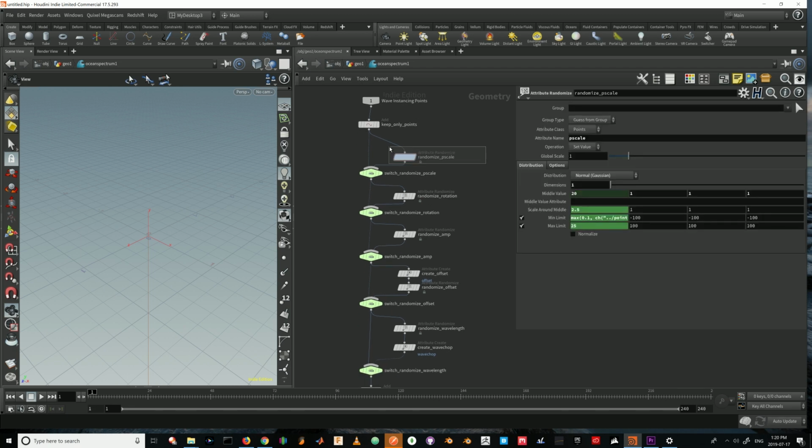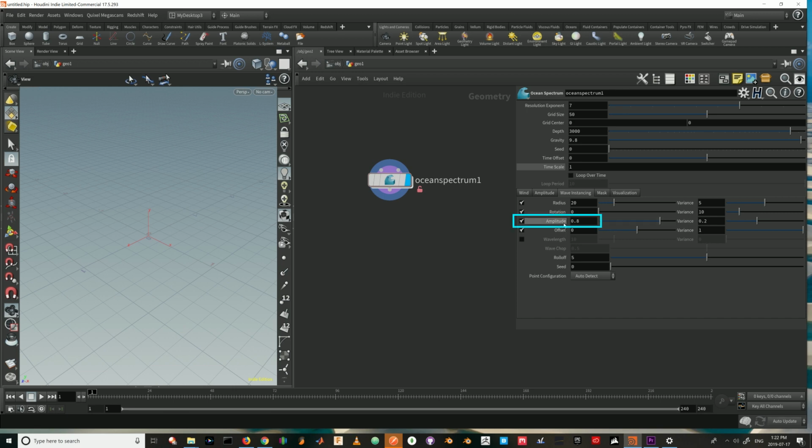Houdini is using these attribute randomize nodes. So it's just randomizing parameters. Basically, you give it an attribute and a value to begin with, and it will randomize within a certain range that you specify. So if we take a look, the amplitude is 0.8, the variance is 0.2. So if we go in,